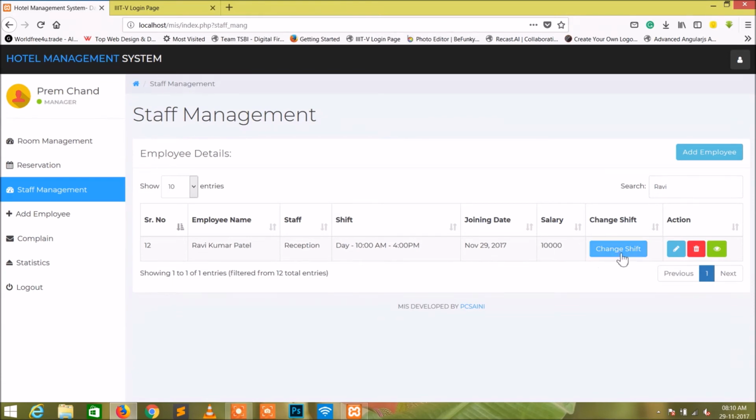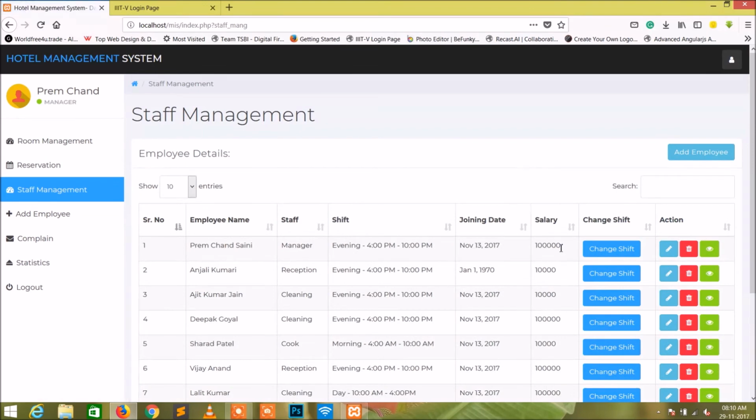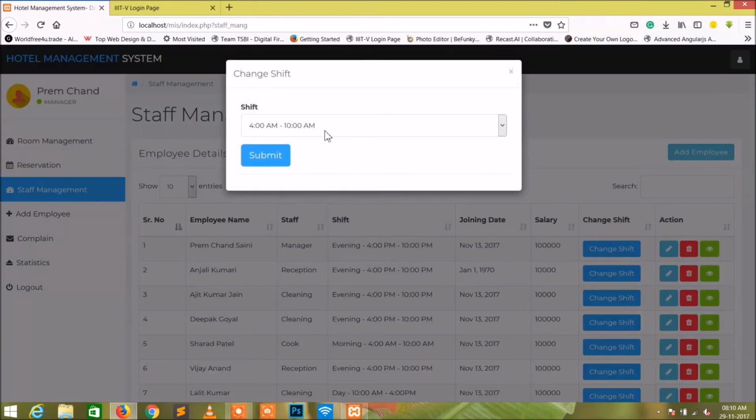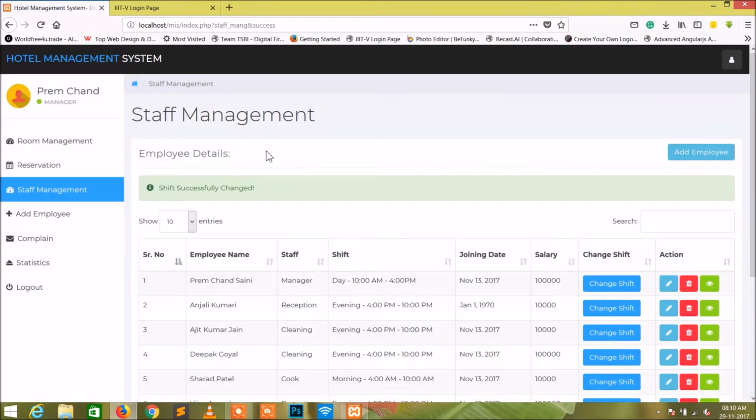Here you can change the shift as well. Click on change shift. Suppose you want to change the shift of the manager, you can change the shift to 10 AM and click on submit. It will automatically change the shift in the staff management portion.